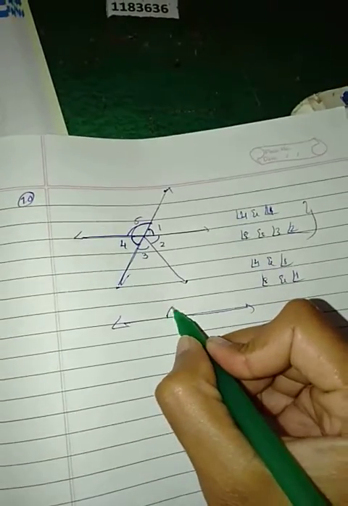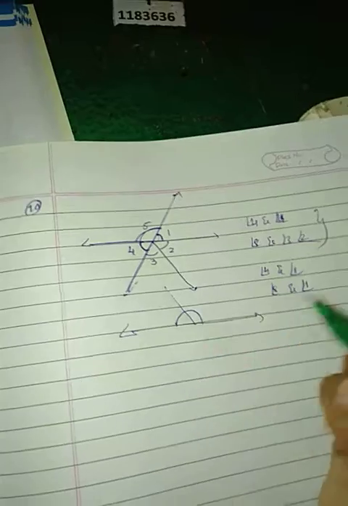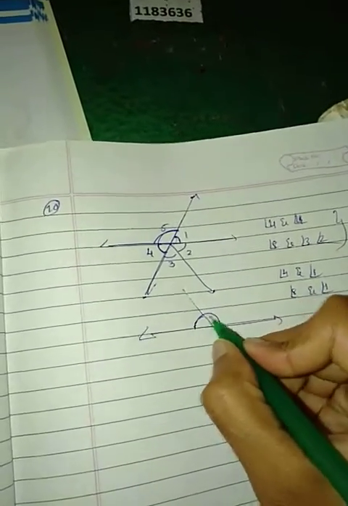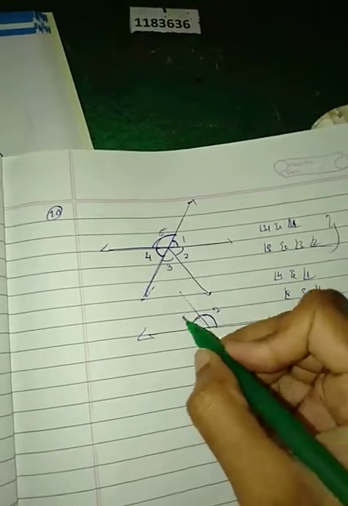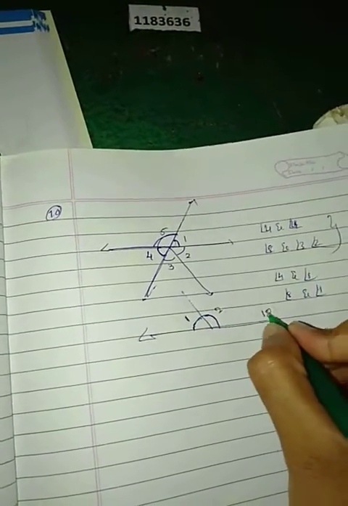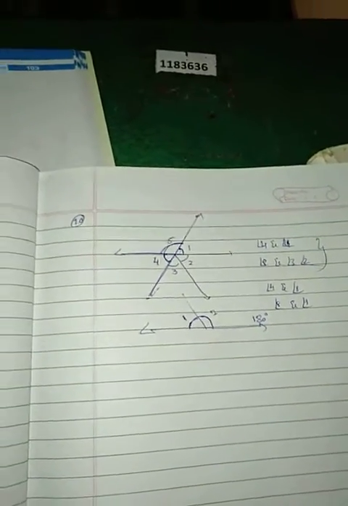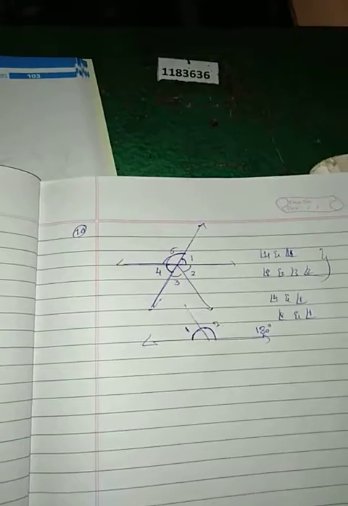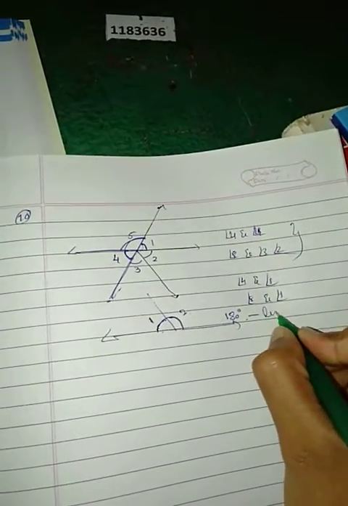So this angle should be 180. If you cut this line like this, this is one angle, this is the other angle. This is 1, this is 2. So 1 and 2 are linear. When you add these two angles, we get 180 degrees. You should remember that. The linear pair of angles is nothing but when you add the angles, we get 180 degrees. Then it is called the linear pair.